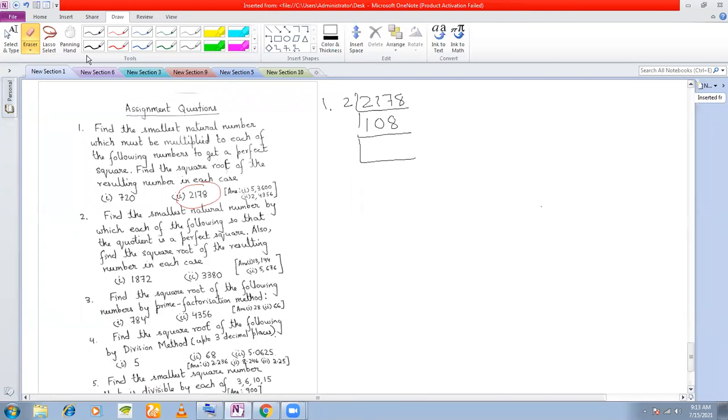So you cannot divide by 2 here. This should be 9. Okay. So now you try with 3. Will it go with 3? Yes, it will go with 3. 3 into 3, 6, 3. Again, is it divisible by 3? Yes. So 1, 2, 1. Now it will go with 11.